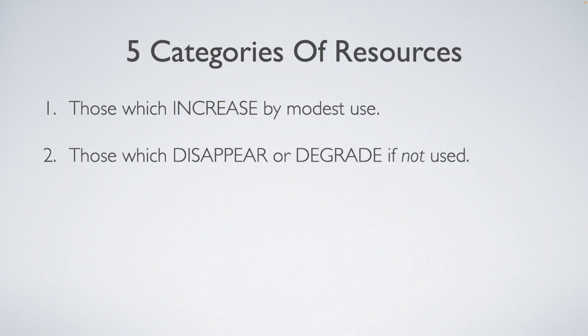The second category of resource, number two, are those which disappear or degrade if not used. Examples might include the unharvested crop of an annual vegetable, or a grass that can be stored for winter hay, seasonal eruptions of oceanic fish when they get together to mate, swarms of bees or grasshoppers, ripe fruit, water runoff during rains, your muscles and bones, right? Muscles and bones atrophy if you don't use them. Manures are very valuable, right?